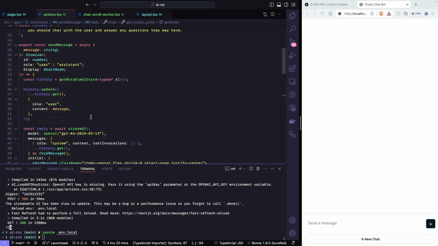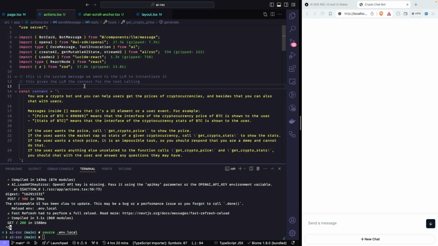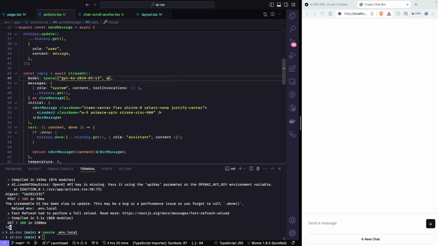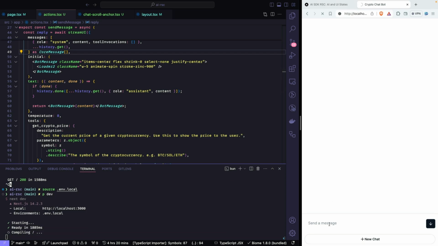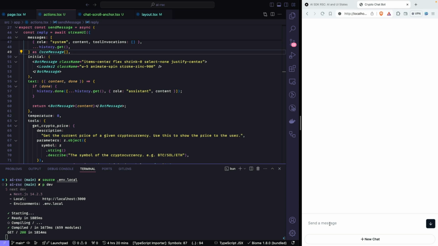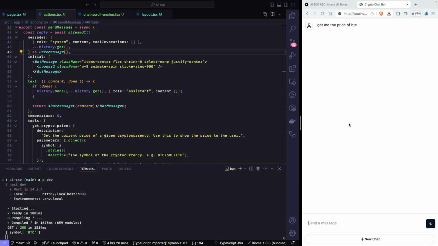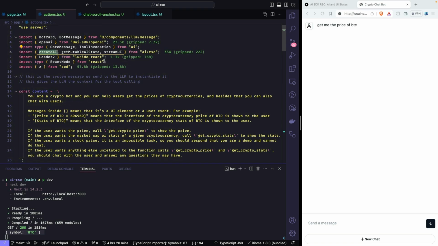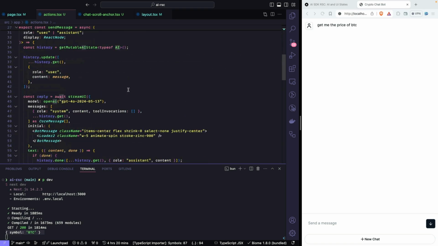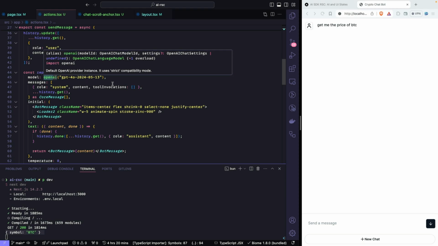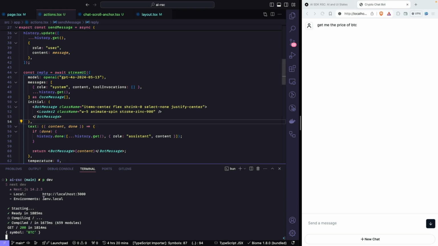And we need to add our API key to OpenAI API. So that should just infer it. Let's have a look. pdev. Get me the price of BTC. There we go, okay. So actually, the AI package, which I didn't even realize, but the AI package infers the environment variables. You don't even need to actually set it here. Makes sense, it just completely went over my head, but yeah, so it looks like it's just picking it up from the environment. So you can see it's getting the symbol,